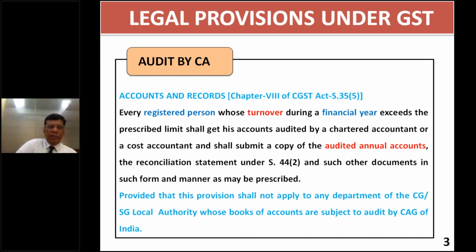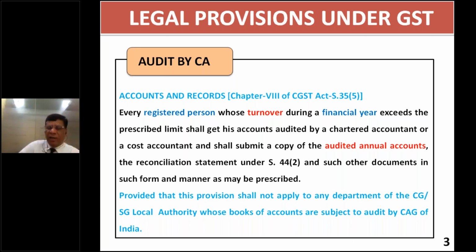Section 35(5) says that every registered person whose turnover during a financial year exceeds the prescribed limit shall get his accounts audited by a chartered accountant or a cost accountant and shall submit a copy of the audited annual accounts, the reconciliation statement under section 44(2), and such other documents, in such form and manner as prescribed. So the law has mandated the power of doing audit under section 35(5), and if we read this particular subsection,